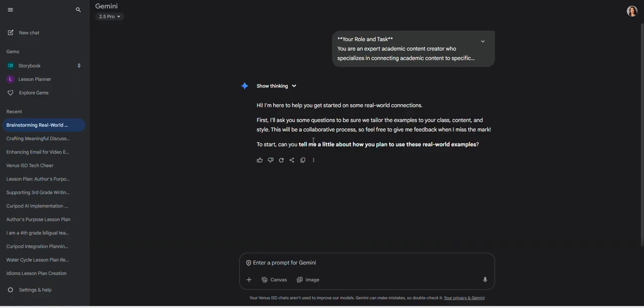Here is what the AI is saying. I'm here to help you get started on real-world connections. Ask you some questions and be sure to tailor the examples to your class, content, and style. Can you tell me a little bit about how you plan to use these real-world examples? I'm going to say I plan to use them to help my students understand how shapes, let's say